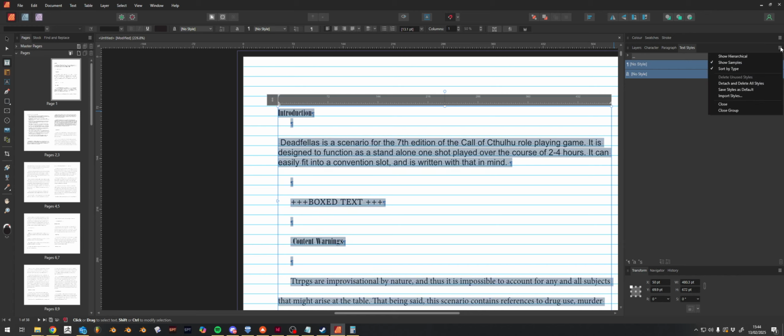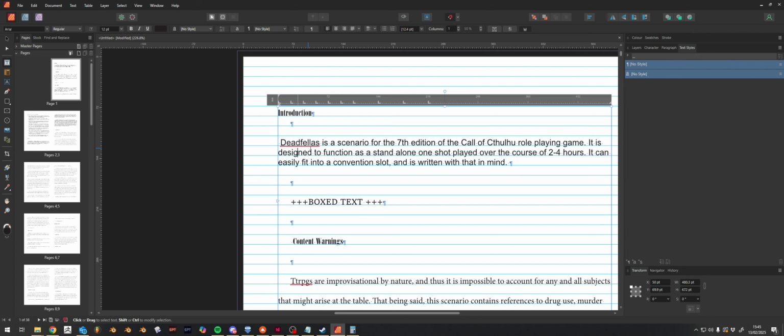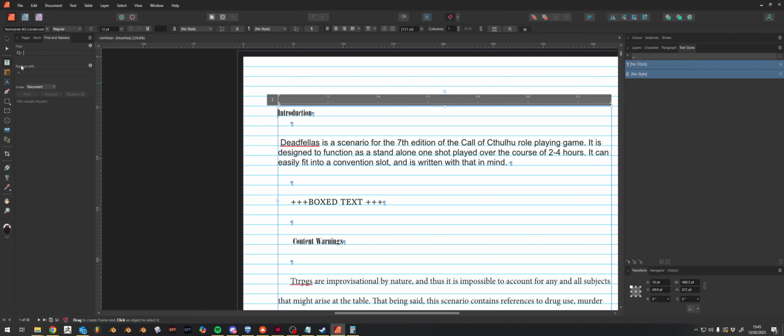Where's clear overrides? Never mind. Right, so I'm going to do Control F and I'm searching for